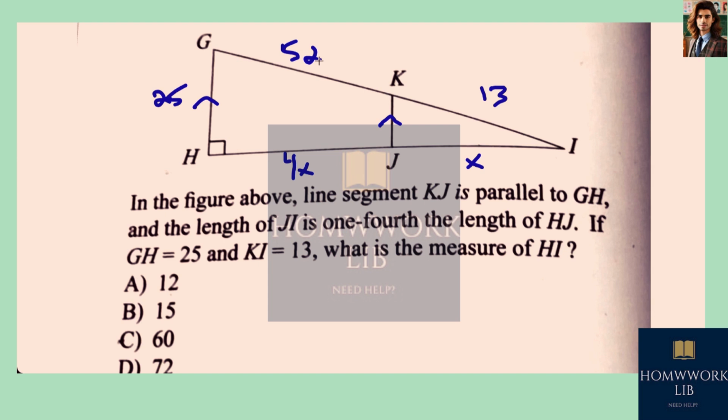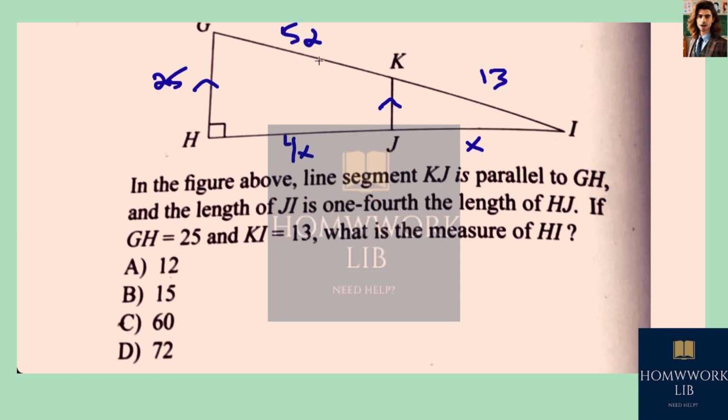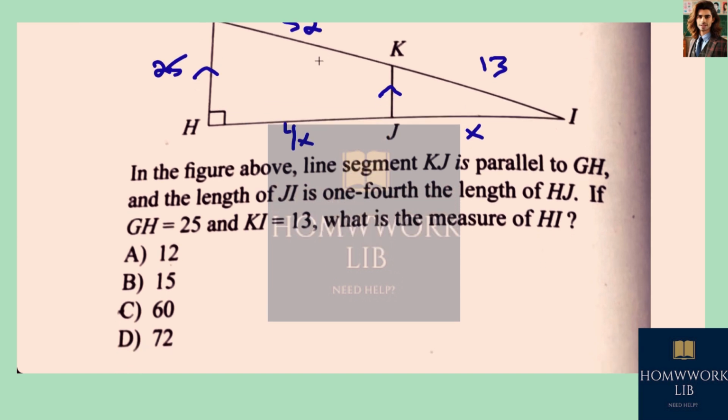And we want to find HI, which is the whole thing. 13 to the whole thing, 52 plus 13 is 65, would be equal to